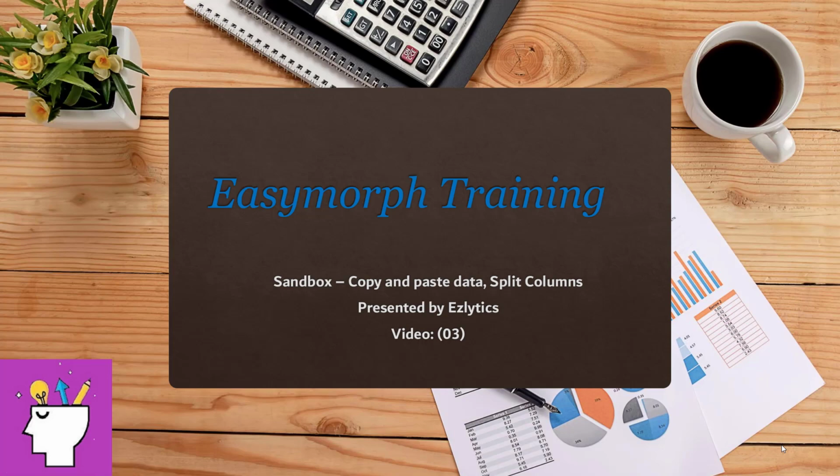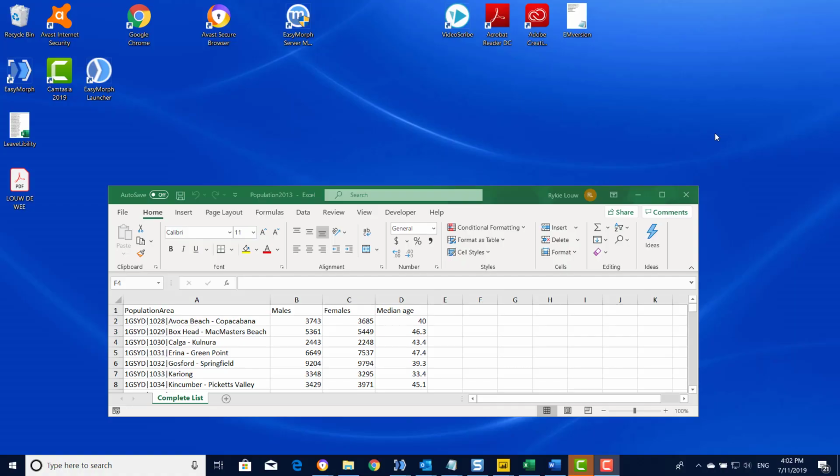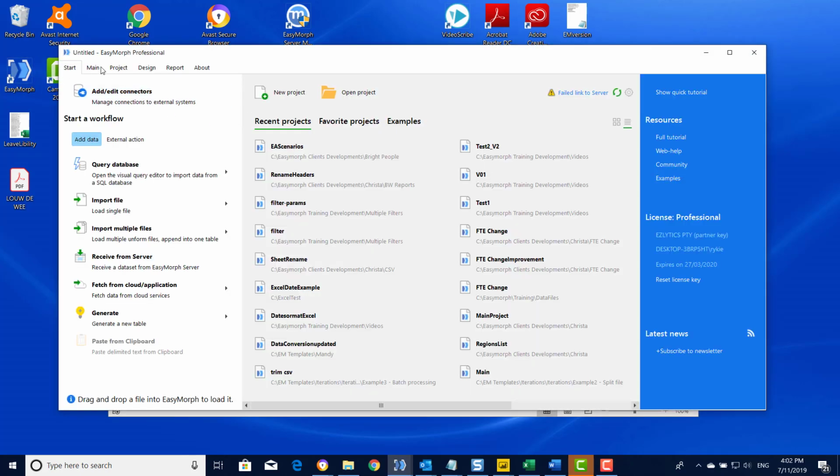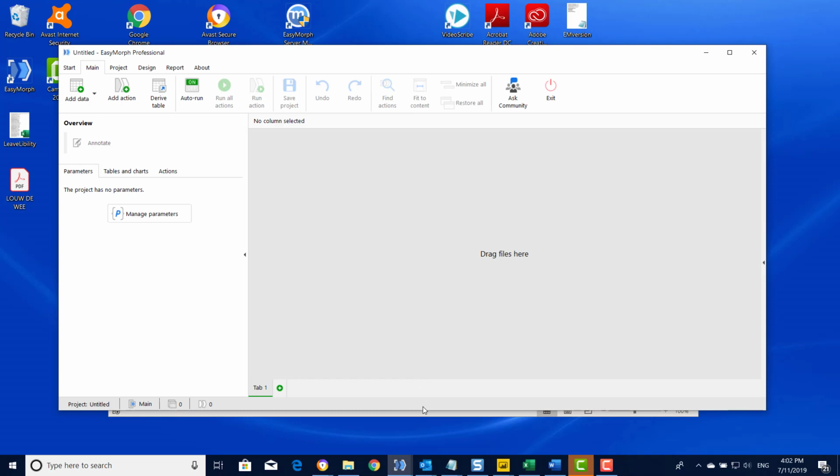Let's jump into it. I received this file and was asked to help split out this column A into 3 columns, as well as to quickly add the regional ID to this. To start off with, I opened my EasyMorph Go to Main project, and what I will be using today is the Sandbox. Sandbox is a temporary